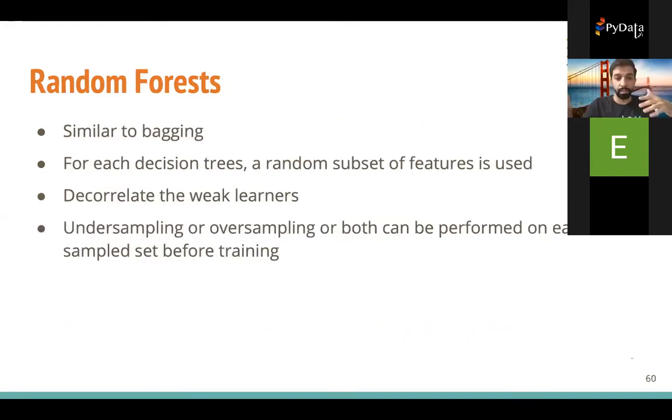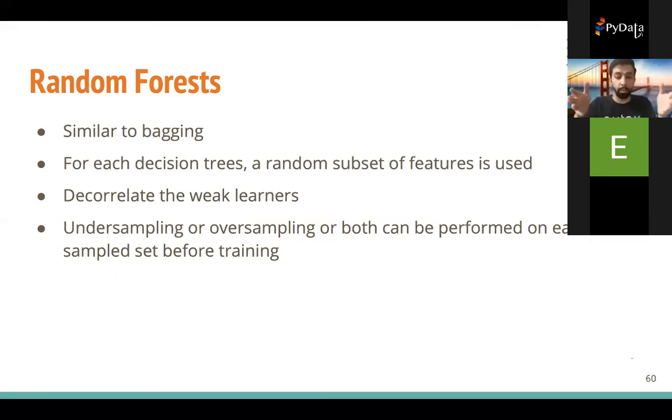Similarly, there's also the random forest. It's very similar to bagging, except that for each decision tree, we sample a subset of the features. So let's say we had 20 features. In normal bootstrap aggregation, or bagging, we train on the same 20 features each time. We resample from the dataset, we train, and then we sample again and train on the 20 features. But in random forest, we sample a subset of the features. So first we train on 10 of the features, and then we sample another set from the dataset and train on a different 10 features. We keep sampling the features.